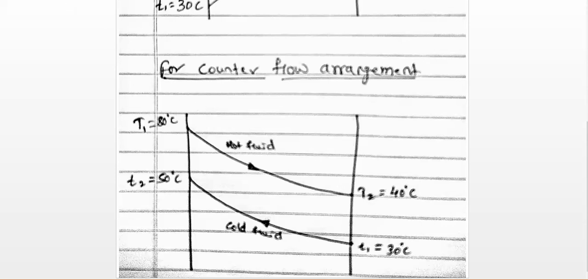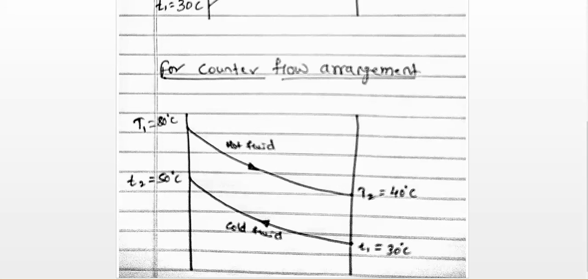Because the exit temperature of the hot fluid is greater than... or I can say, the exit temperature of the hot fluid is less than the exit temperature of the cold fluid. So because of this reason we have to go for counterflow